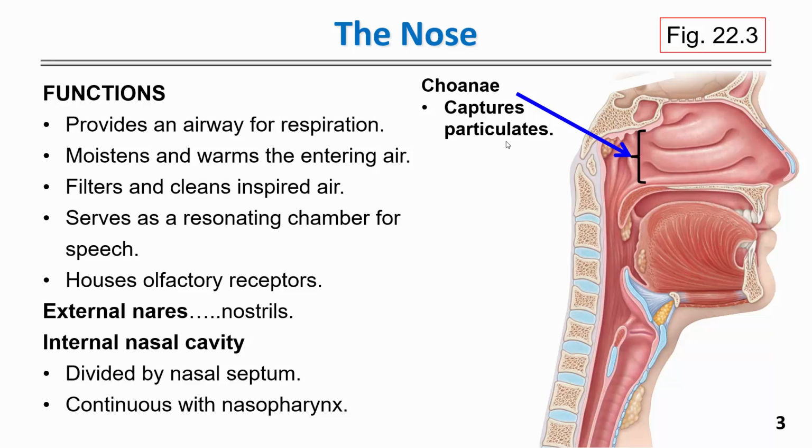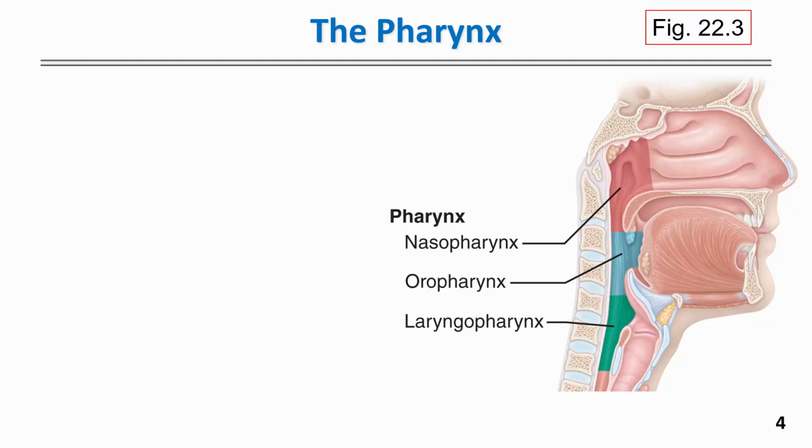These are elements in the inspired air that do not contribute to physiological function. And so this is where it acts, in a sense, as a filter. This posterior region, the choanae, are also rich in various glands, as well as having a very rich blood supply. When we continue to move that air further posterior in the nasal cavity, that will then start to move inferior,